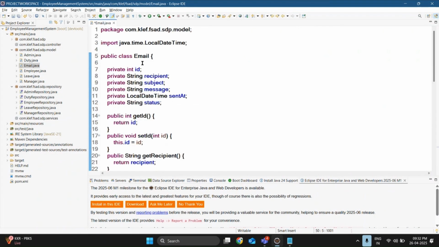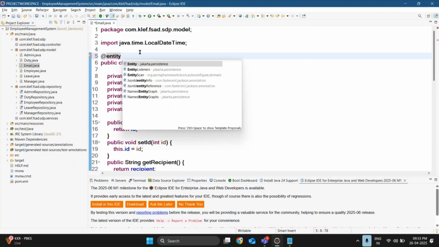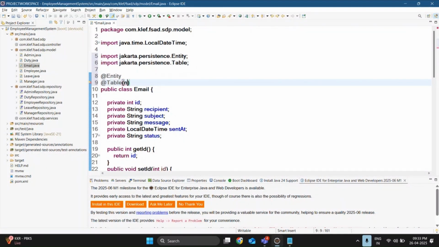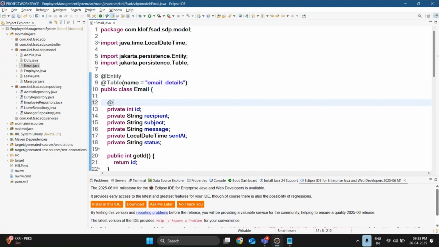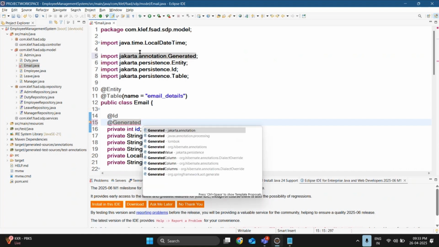So let me go back to my class level, @Entity, @Entity, @Table. Name is equal to email underscore, I can say email_details. Done. ID is my primary key, @Id. And I can say it is my auto generated value. So @Generated